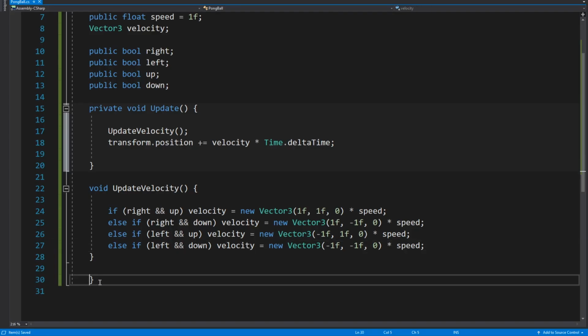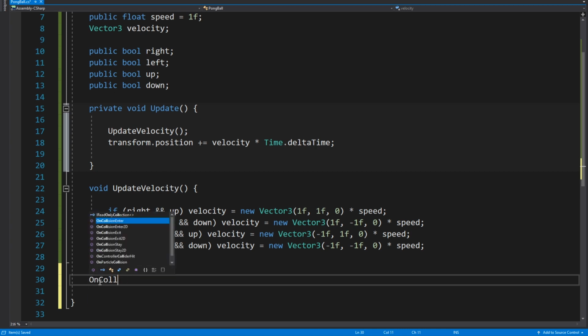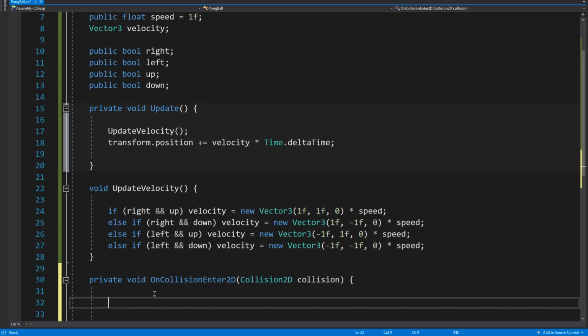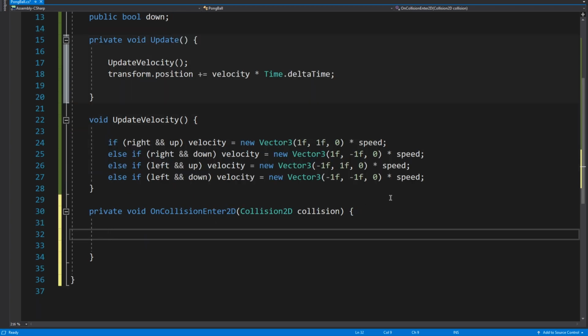Now let's go back into our code and we need to create an OnCollision. So OnCollision, and make sure you get the 2D one, because that's something I do on a regular basis, is forget to do the 2D one. And we're going to get a value out of our collider, out of the thing we've hit, and it's just going to be called side. It's telling us which side we've hit. And it's going to equal